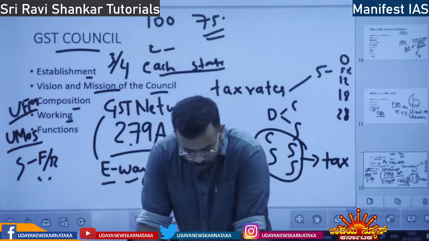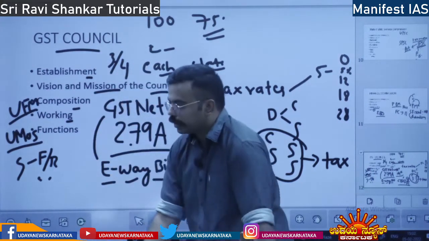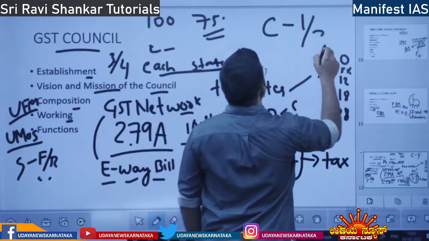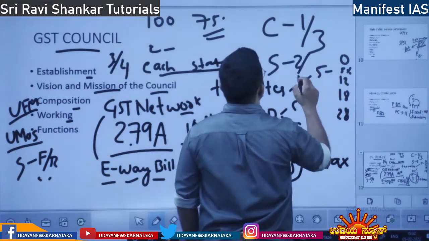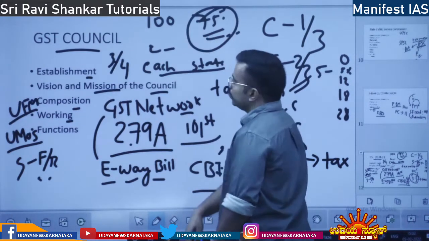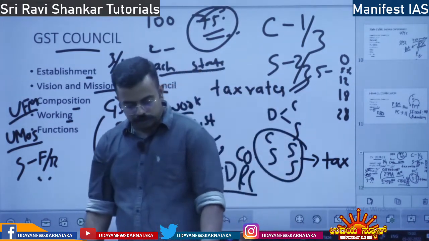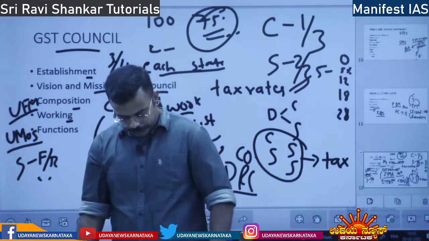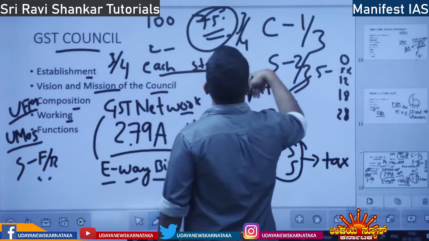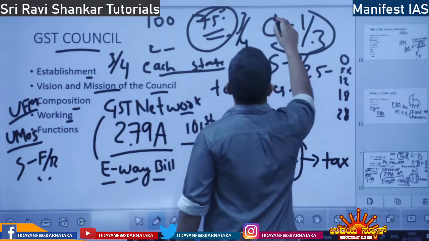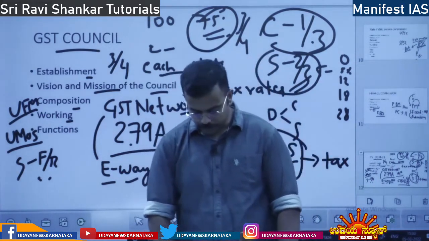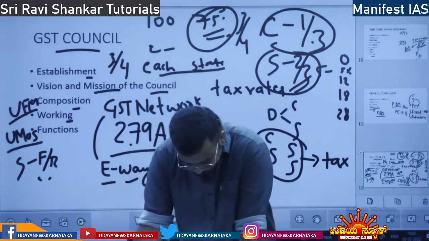So here, what is the distribution of vote between center and state? The center has 1/3 of the vote. States have collectively 2/3 of the vote. So in order to come to a decision, we have to have how much? The decision is taken by a 3/4 majority, not a 2/3 majority. So 1/3 vote share for the center, 2/3 vote share for the states. Okay. So this is broadly the working of the